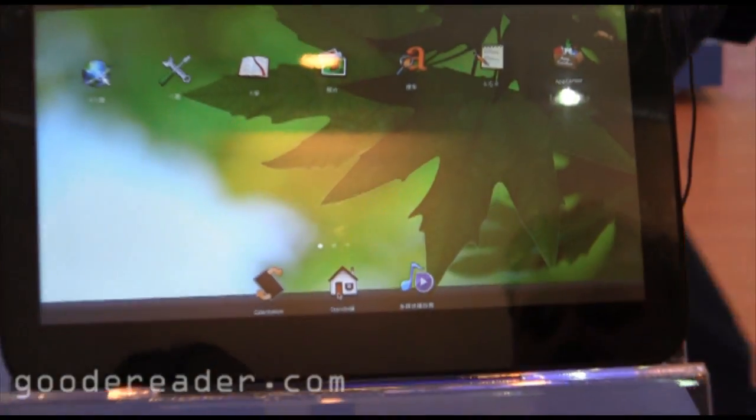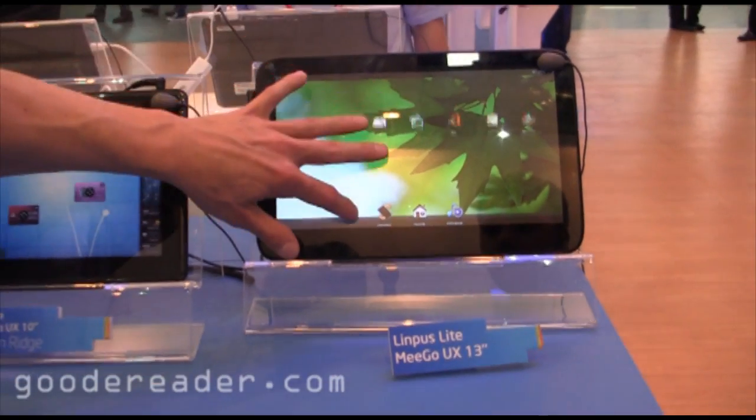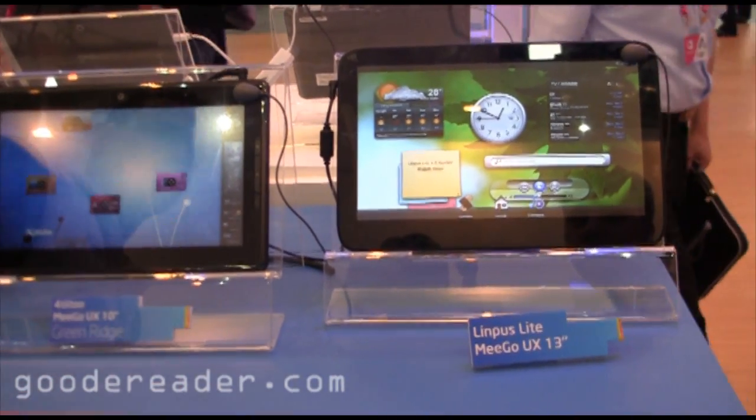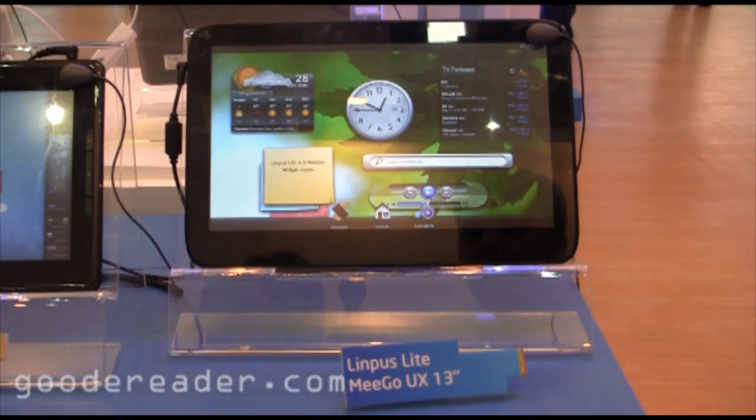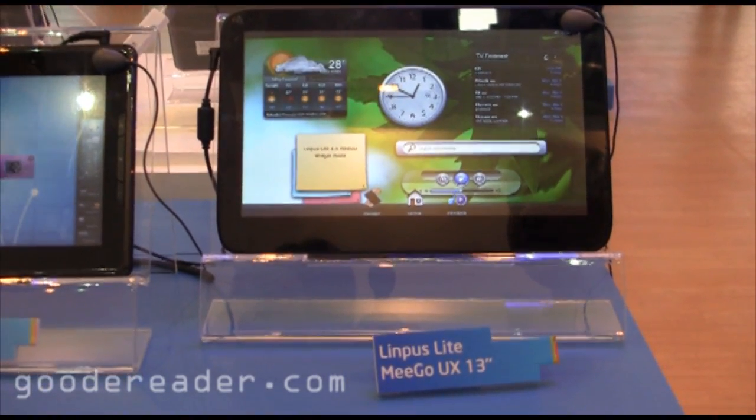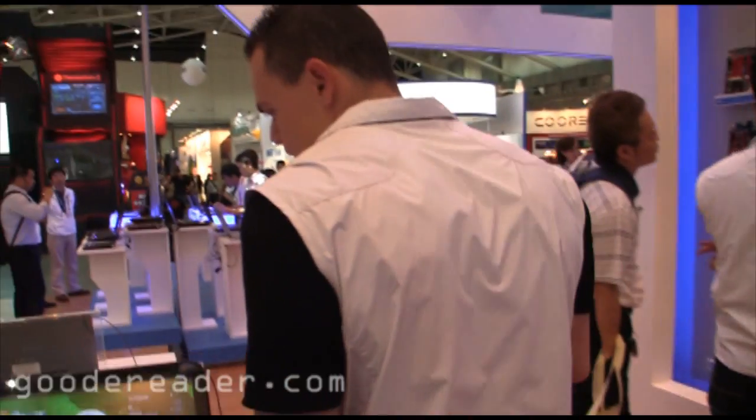And then right here we have the Olympus system. This is another major OEM that's also customized Meego as well. So you can have a different UX look and feel for Meego. Now, do you want me to show you Android? Yes. So coming around the corner here,